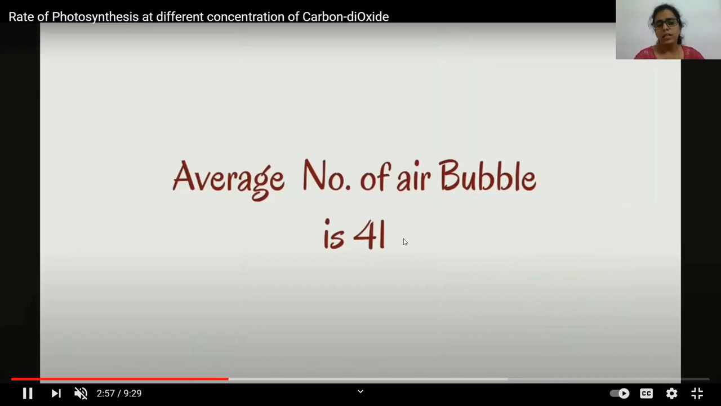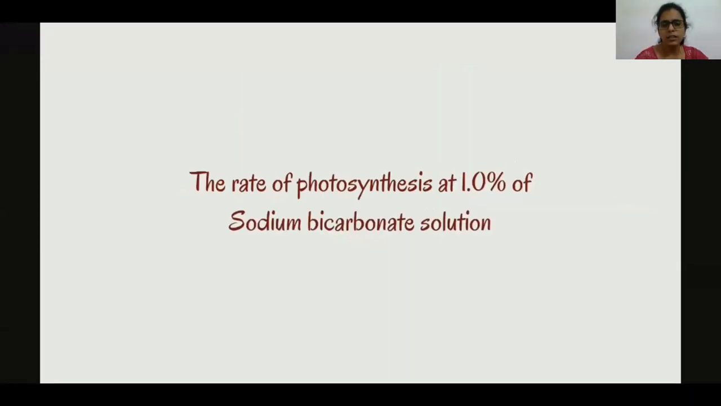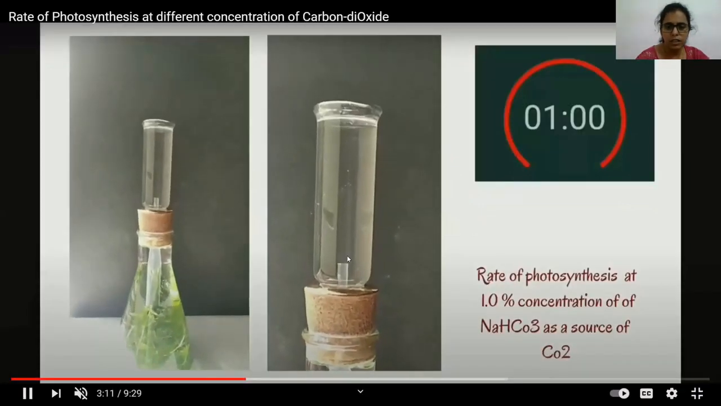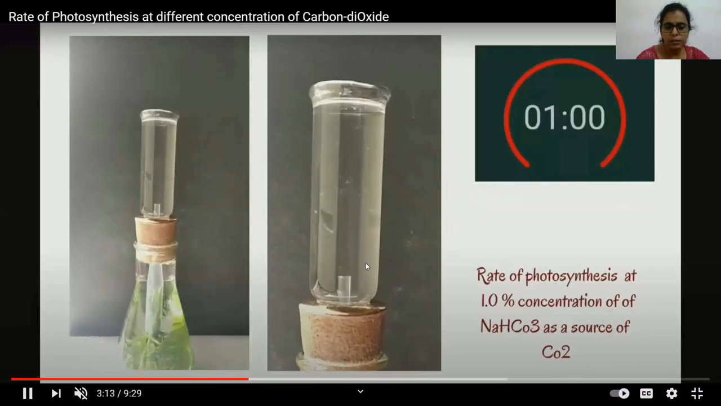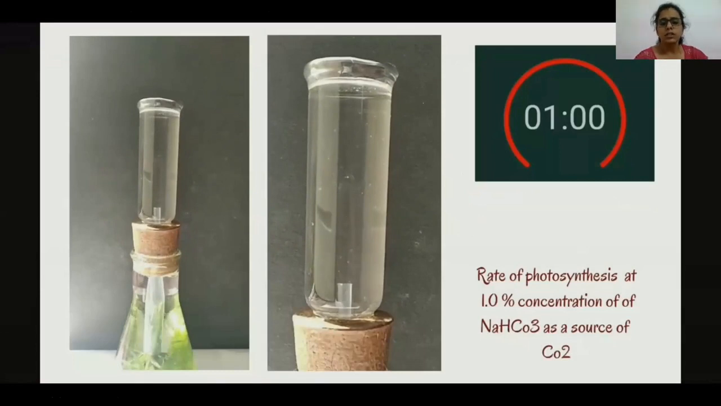Right. Now next you have to take 1% sodium bicarbonate solution, and measure the rate of photosynthesis at this concentration. Now look at the right side. You can make out clearly that the oxygen bubbles produced at this concentration are a little bit higher,